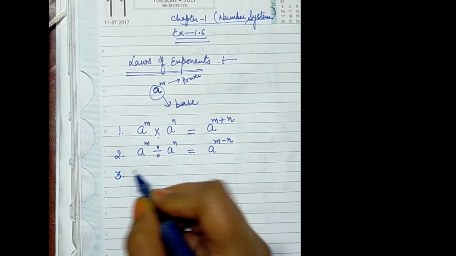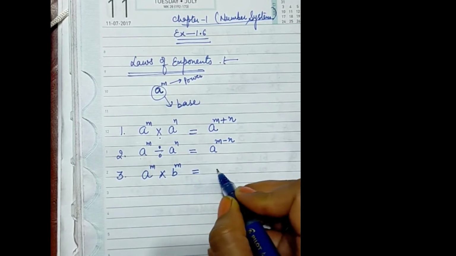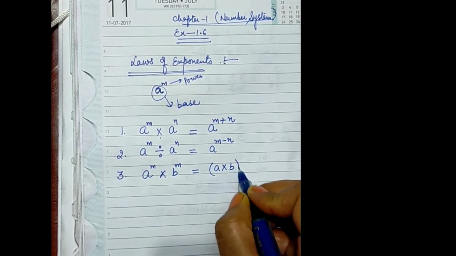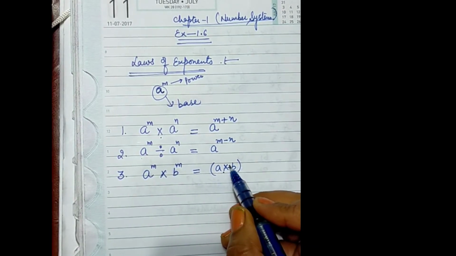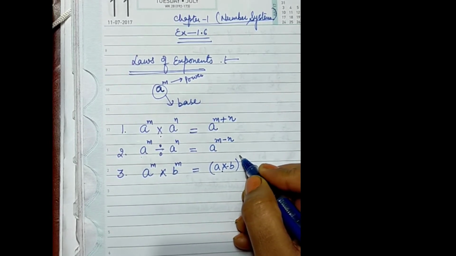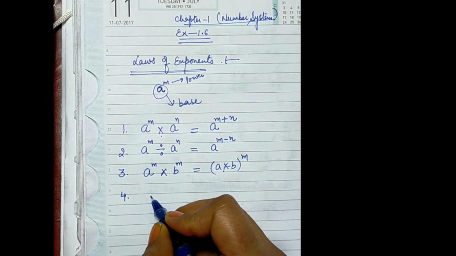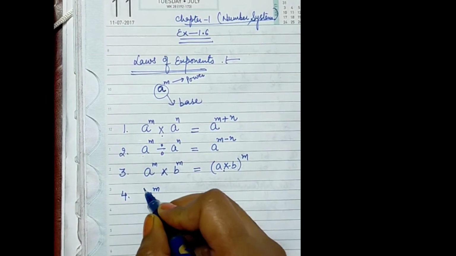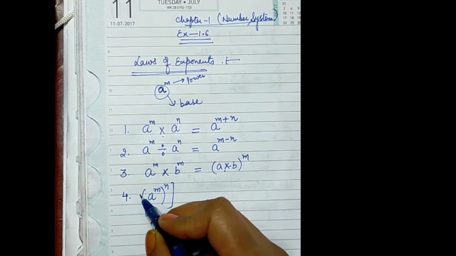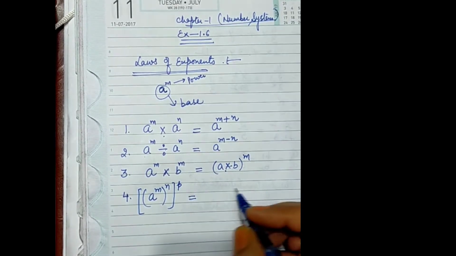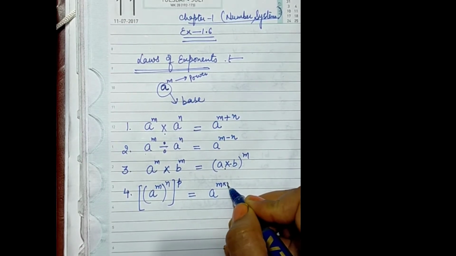Then, if the bases are different but the powers are same, in that case we take the power as such. If it is with a multiply sign, we will be writing multiply. If it is with a division sign, we will be writing division. And the power is same, so we are writing it as such. Then a raised to power m raised to power n raised to power p. The base is one and there are different powers, so we multiply all the powers.